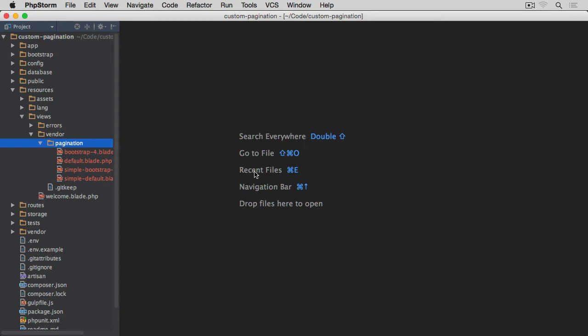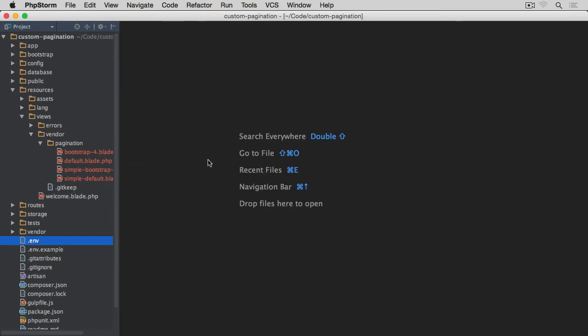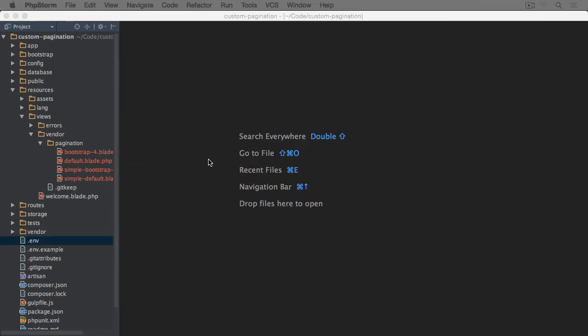Okay, the next thing we need to do is to update our .env file. I've already created a database with the name pagination, so make sure that you update the database username and password as well, depending on what sort of environment you run this project under. I'm using Homestead, so my default username and password is simply homestead and secret. So if we save and close this file, the next thing I'm going to do is to open the terminal